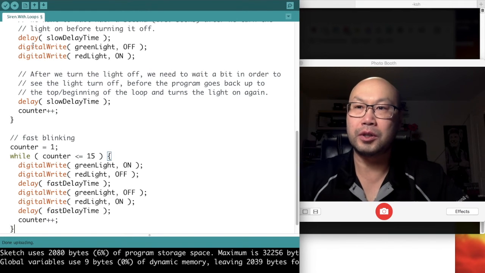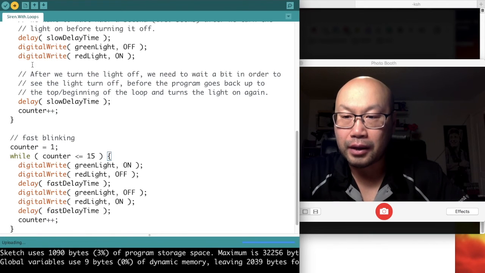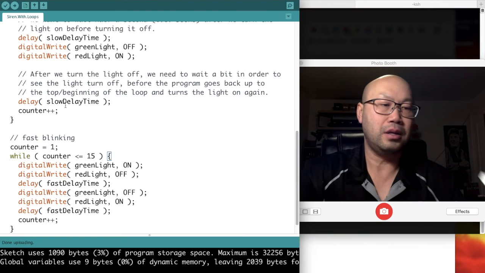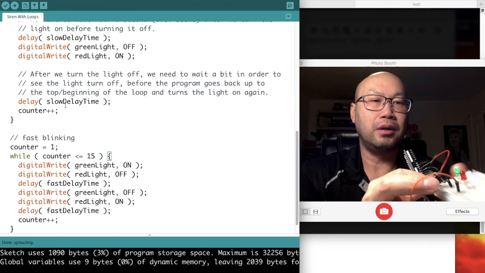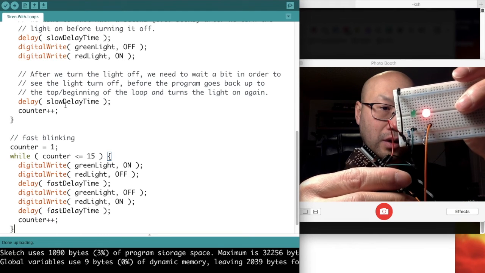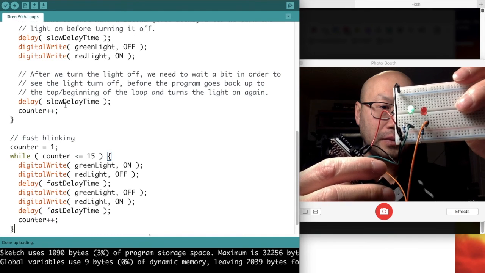So here, let's just make sure I didn't do any typos. Oops, I meant to compile it, but that's okay. Looks like it's uploading, and the program or lights work exactly the same as it did before. So there it is, flashing fast. It's going back to slow